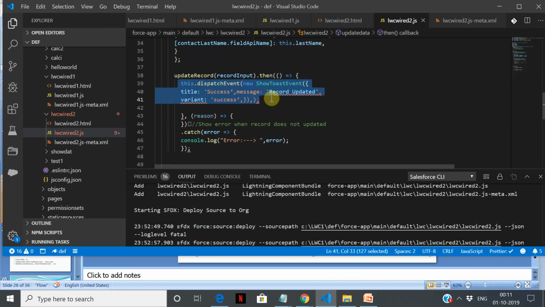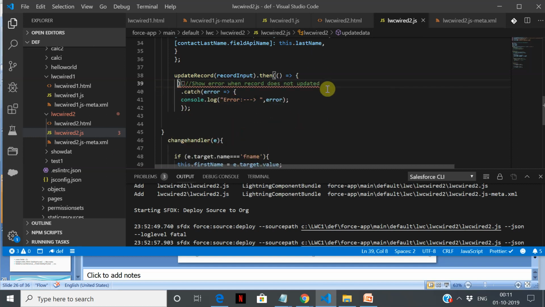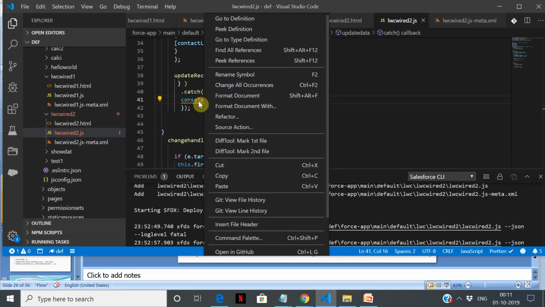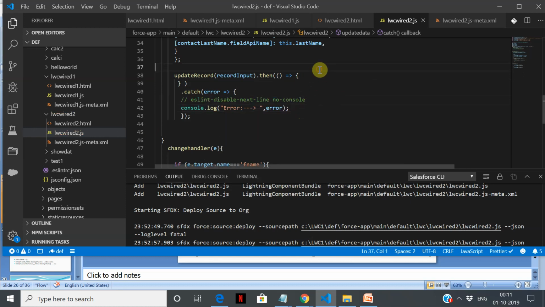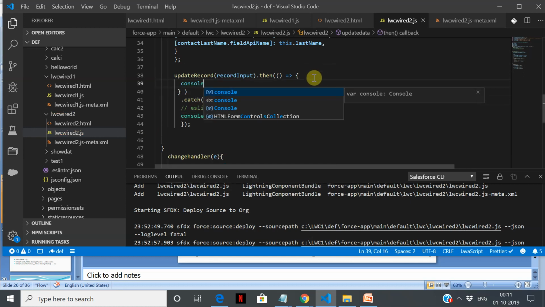What I would suggest is, instead of this, we will just do a console log operation. Just going to say console.log.